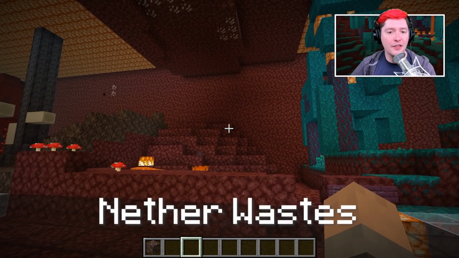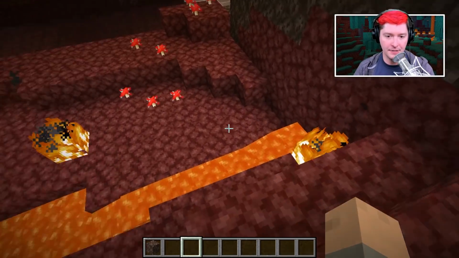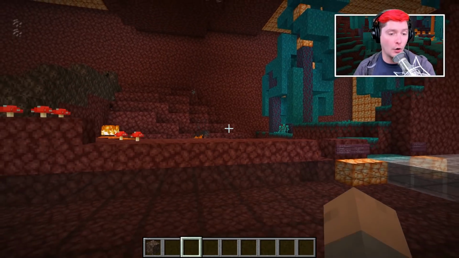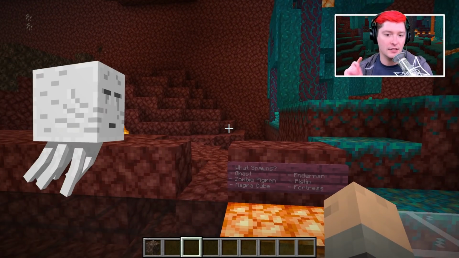Next is the Nether Wastes, and this looks very similar to what the Nether used to look like before we got a big Nether update. And as of recording this episode, we don't even have the Nether update yet, but we're going to get a Nether update. And basically all of the mobs spawn here, because you got ghasts, zombie